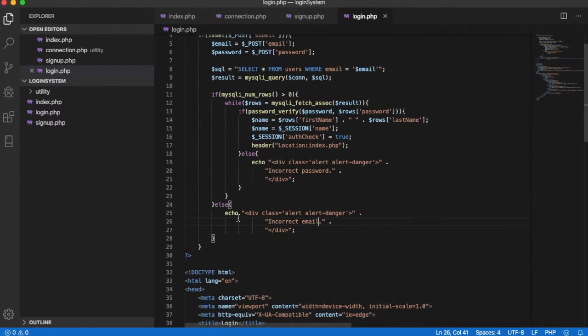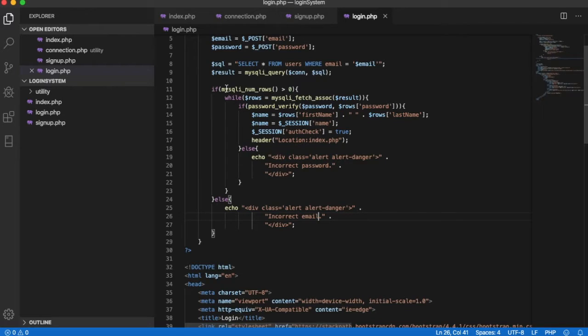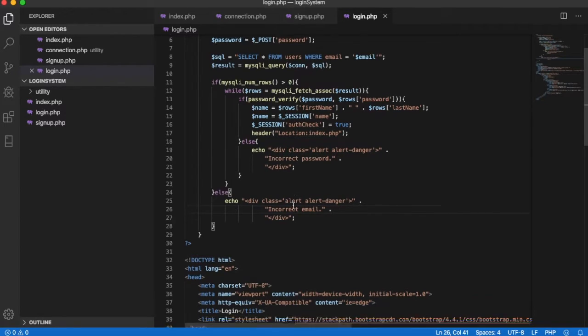So okay, first of all we get the email and password from the form submission, and after that we check inside the database if there is any record or not. So if the record is there, then we get the password, and if the password is correct, then we will redirect our users to our home page. So if the password is not correct, then we will display this error, incorrect password. And if the user doesn't have account, then we will display the